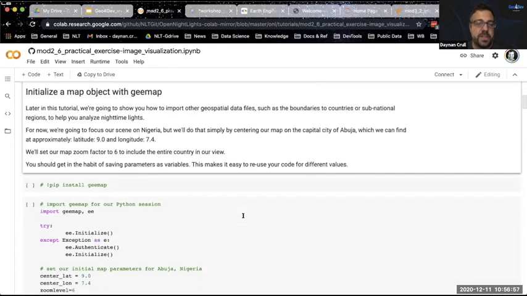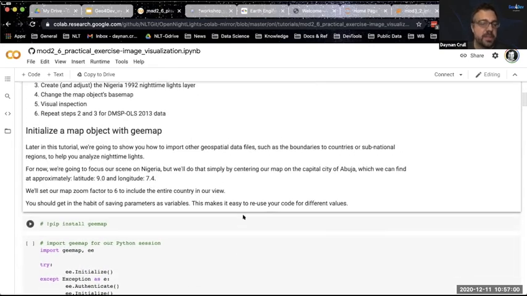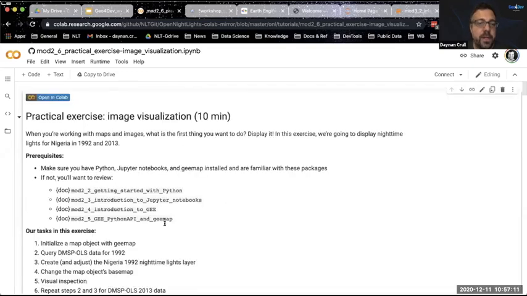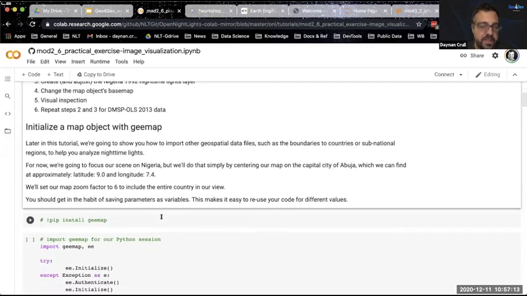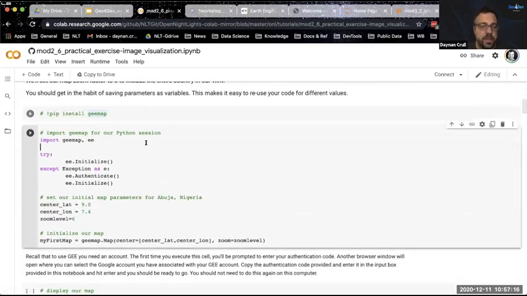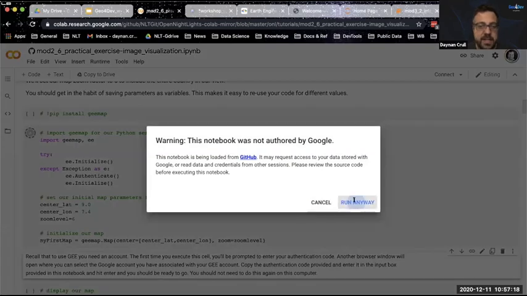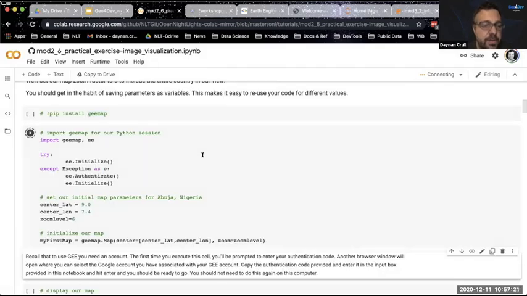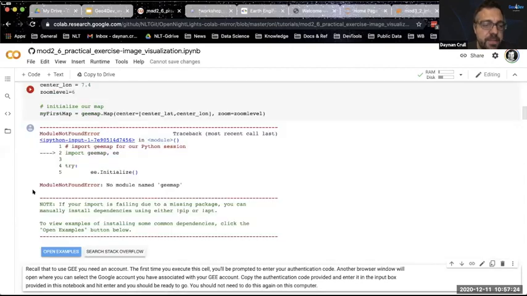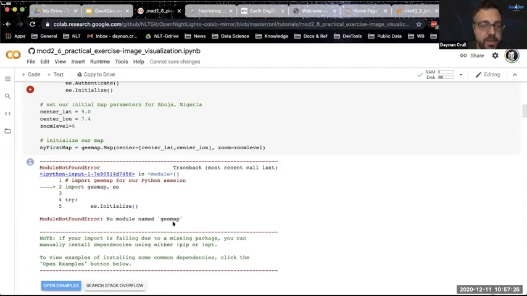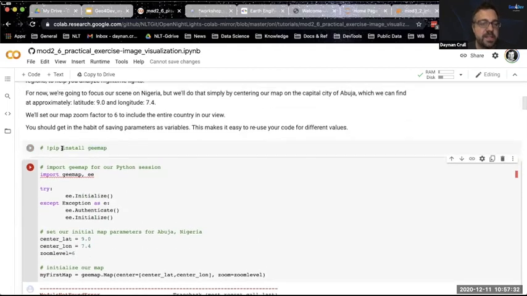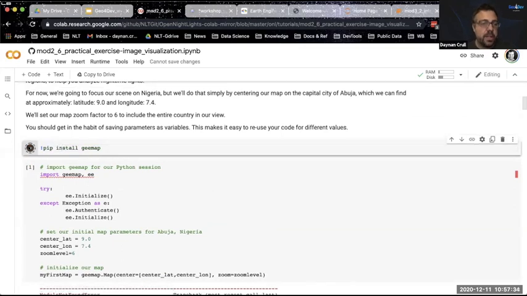However, there are limitations, and it does take a little longer to do some things, and some things are limited. For example, I was just installing libraries earlier, like GMAP and other libraries, on my laptop. I only need to do that once. However, if you're opening Colab notebooks like this, every time you open a new session, you're going to have to install a library. We'll get into this in the next section. Yes, I want to run this, but if I try to run this code, it's going to give me an error, telling me there's no module named GMAP. That doesn't exist, and the reason is I have to install it.